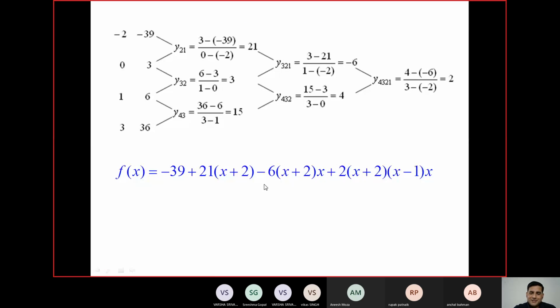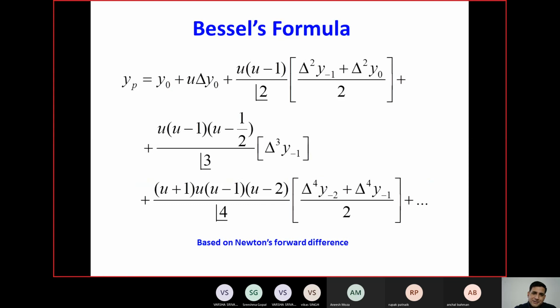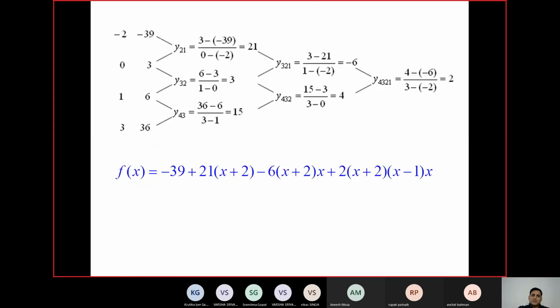Sir, is it more precise than the Lagrange one? Yes, it is actually. Because as you go to the higher differences, more derivatives are considered. Most of the time, calculation-wise we go to the higher side, which is difficult, but things improve that way, because with a smaller delta x there are more chances of improvement.